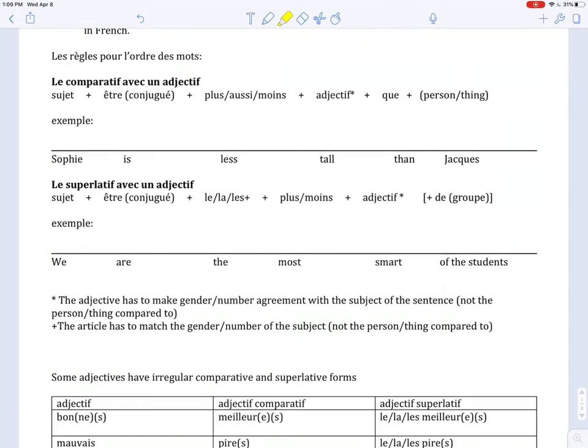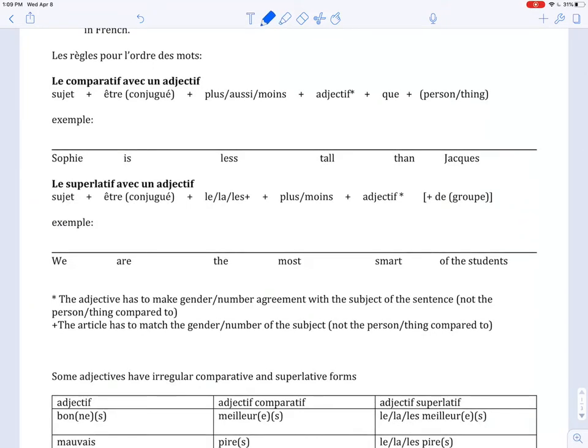For your word order for how you're going to write these, I gave you some examples below. I gave you the sentence in English that I'll show you how to translate. But your word order up at the top, think of this as like a mathematical formula. This is what you're going to follow. So when you write it, it's the exact same order that it is in English.